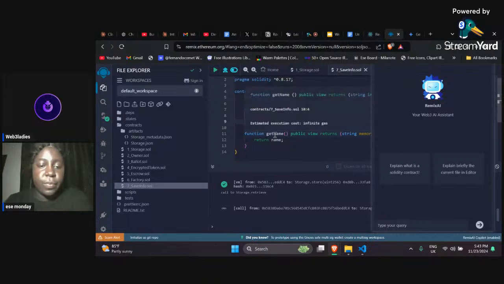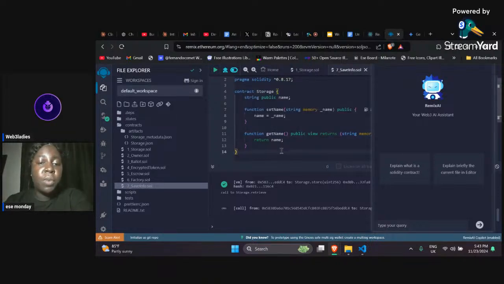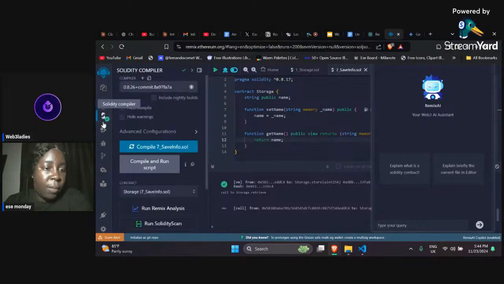Okay, that question you asked, which is what the Web3 JS library is for: it basically allows you to connect your front-end application to your smart contract. Working with this smart contract, all it does is take a value called name, and then it allows you to set the name and also get the name. If you go ahead and compile it, when it's done compiling,